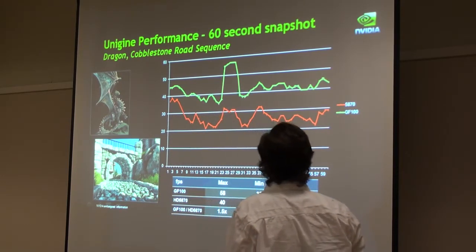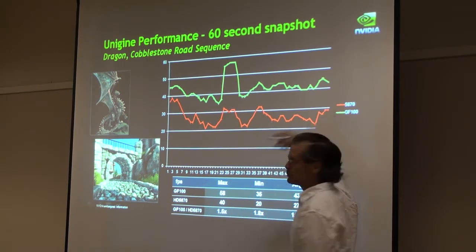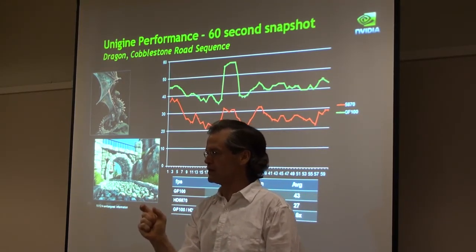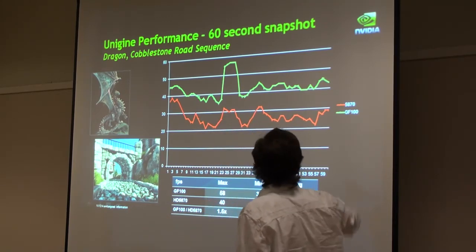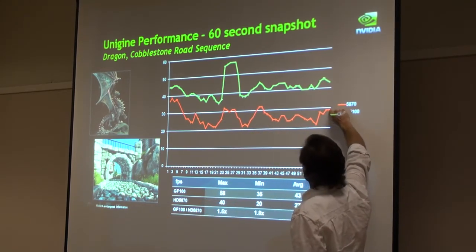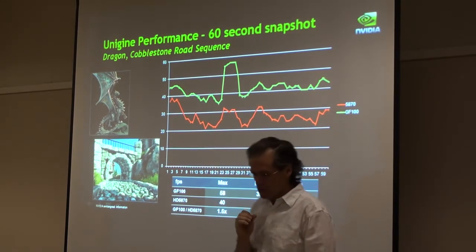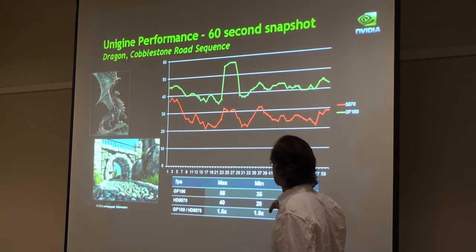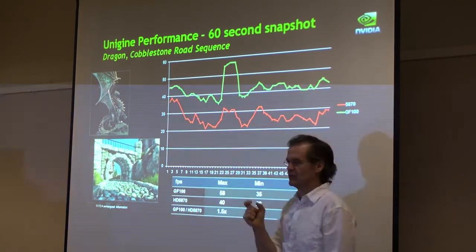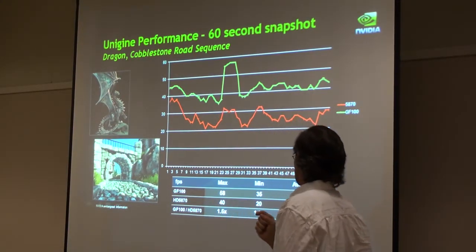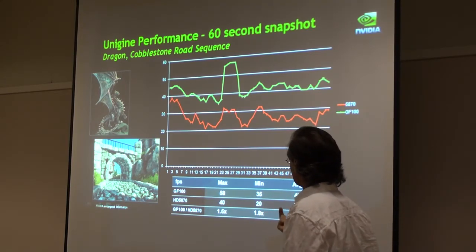And what we did was compute, I think this is the plotted average frame rate during each 1 second interval. Okay? So each data point here is the average frame rate across that 1 second interval. And then we also looked at the minimum and maximum frame rates within those 1 second intervals. And what we saw was that